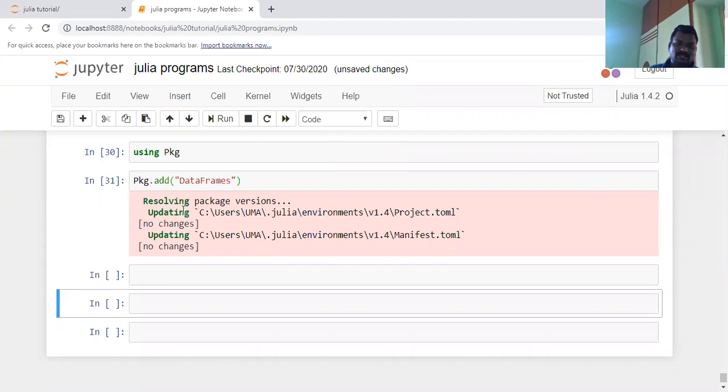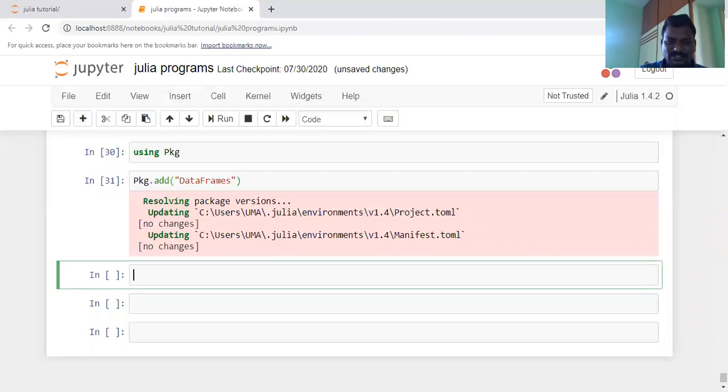That means the data frame package is added, by installing the data frame package using the package manager. I already added this package previously, so it says no changes available, already added.